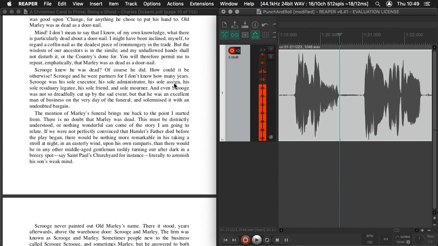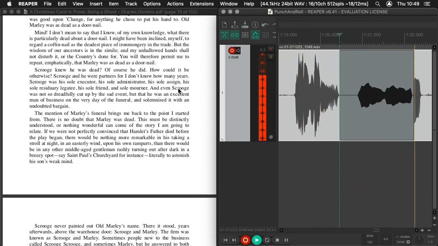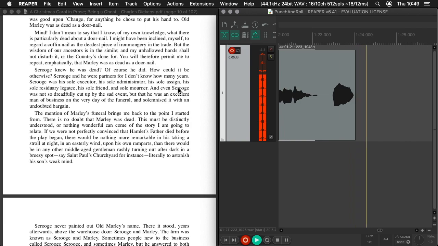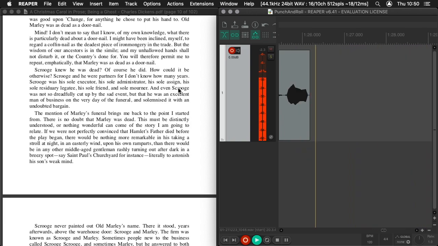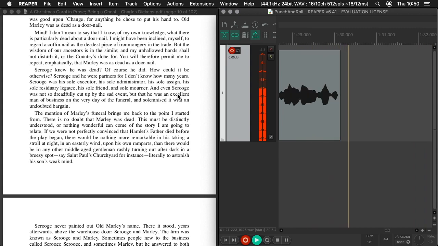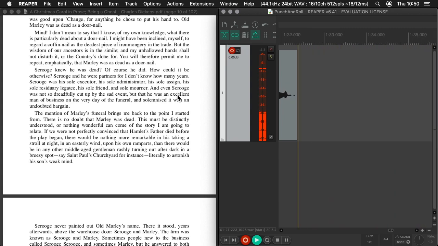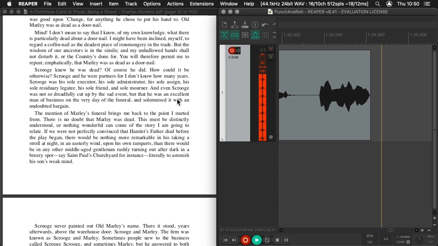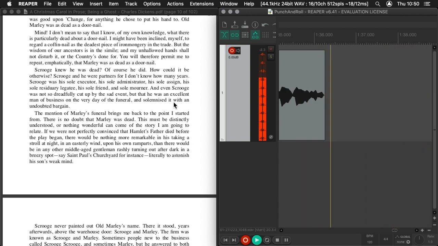His sole assign, his sole residuary legatee. Administrator, his sole assign, his sole residuary legatee, his sole friend, and sole mourner. And even Scrooge was not so dreadfully cut up by the sad event, but that he was an excellent man of business on the very day of the funeral,